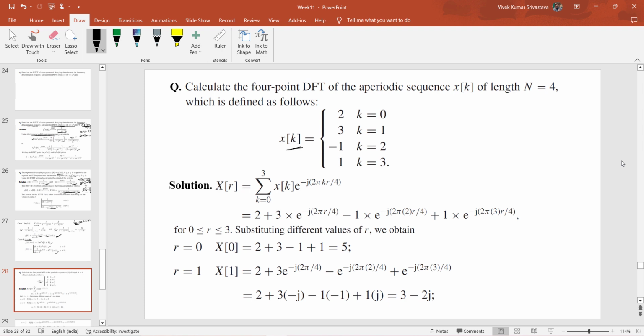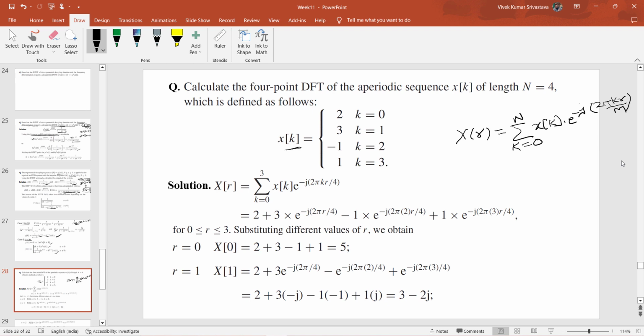So basically x of r in general is defined as, okay, like here you can see from the previous problem, the only difference in this expression